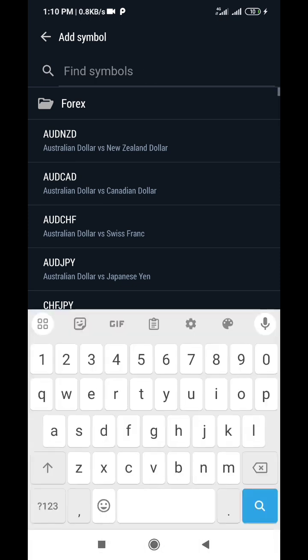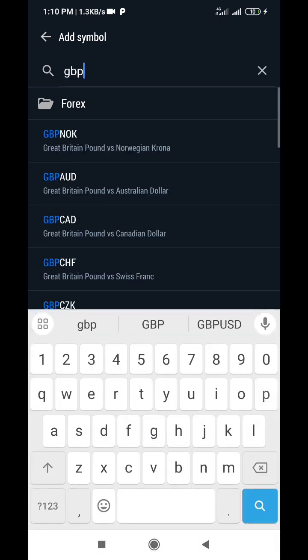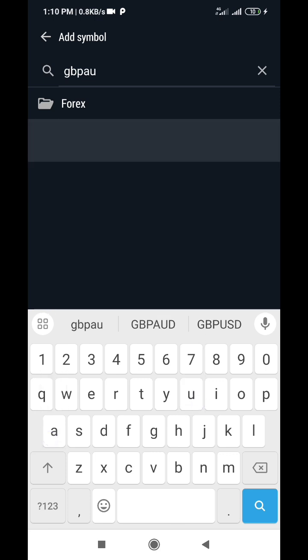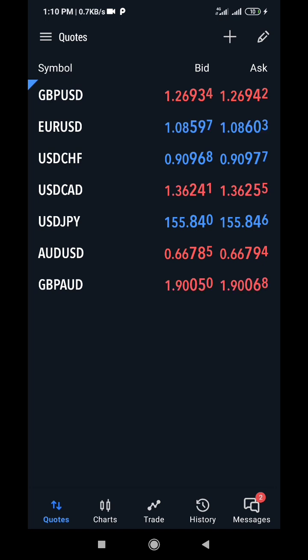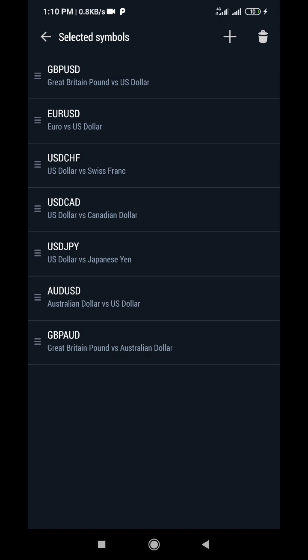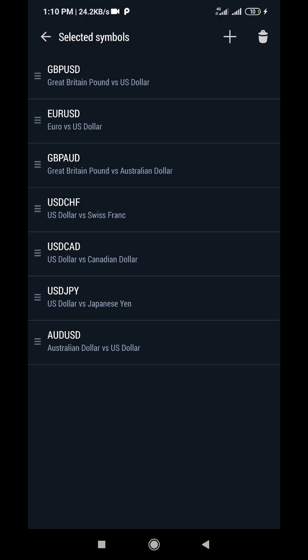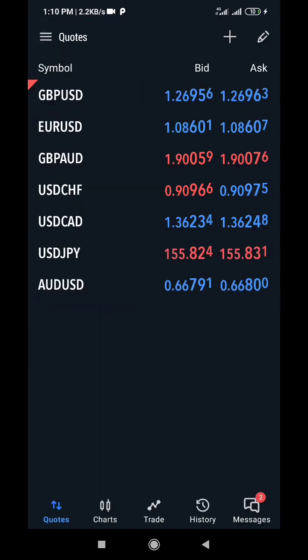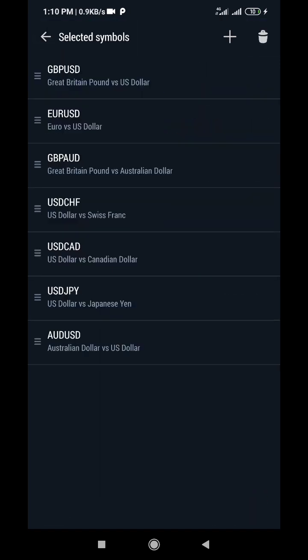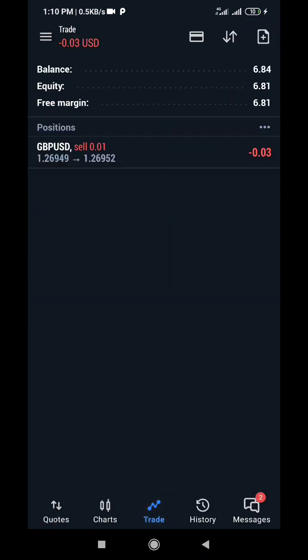If you don't have any, you can search, such as GBP AUD. So if you search, you click on it, once you click, it will be added to your quotes, and you can click this edit button to rearrange them. So if you want this GBP AUD to come just below Euro USD, you do that, you go back, and this is it. So if you want to delete any pair, you select it, then you click on this button for delete. And then your trade shows you your